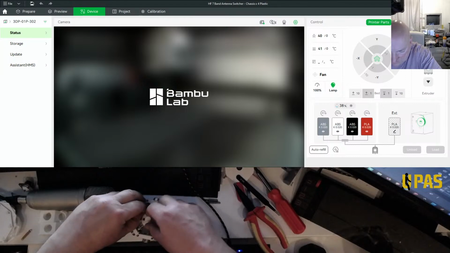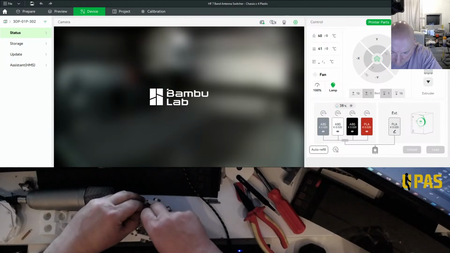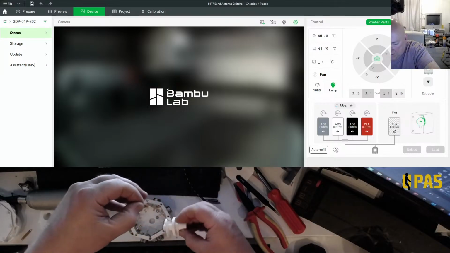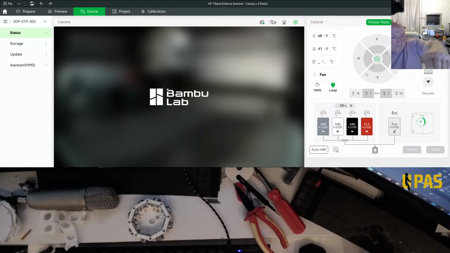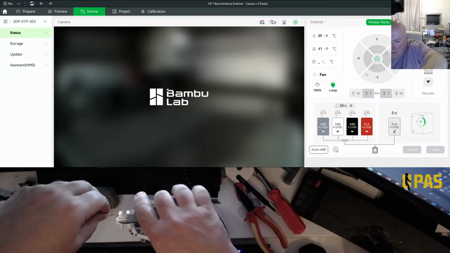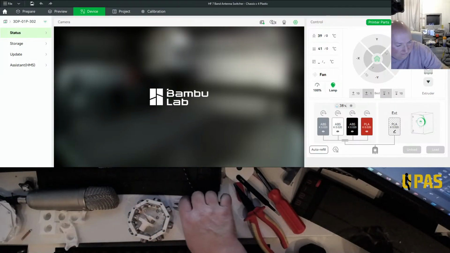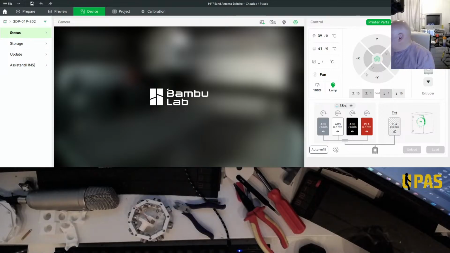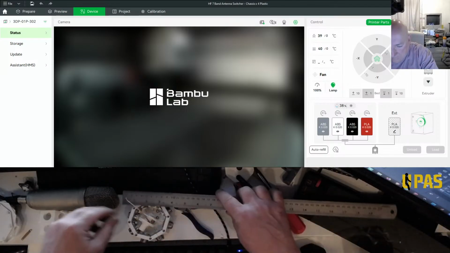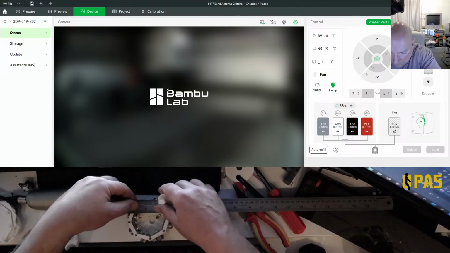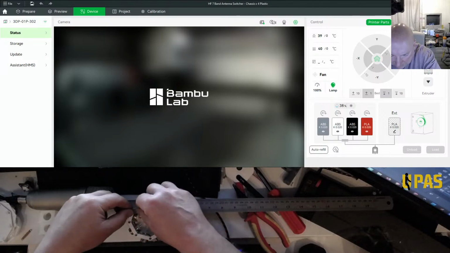Alright, so I'm going to take that out of there now. Alright, I'm going to cut that off and measure it at the same time. So that is the length we need it at. So I'm going to cut that off there. Okay, so I need to measure that now so I know what it is for next time. Measure the length of that. Right, so we've got, if I hold that to the end of there.